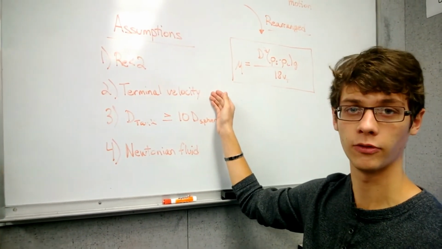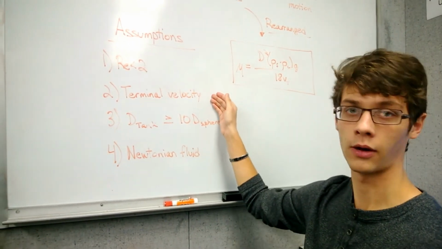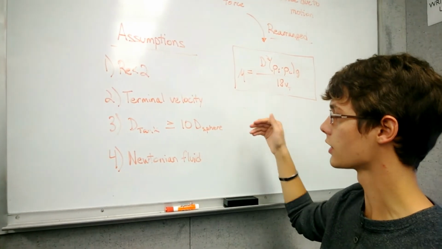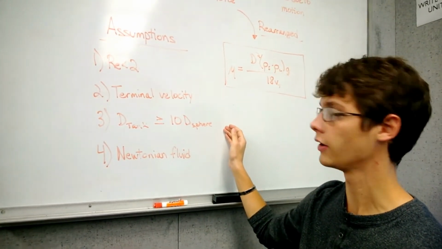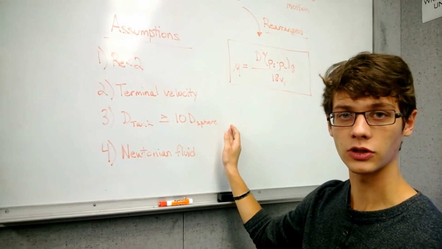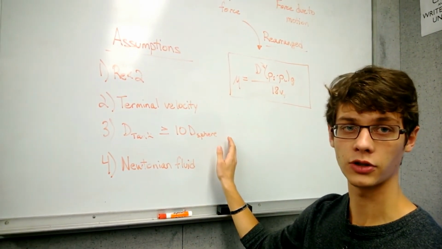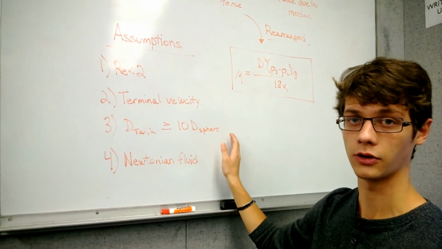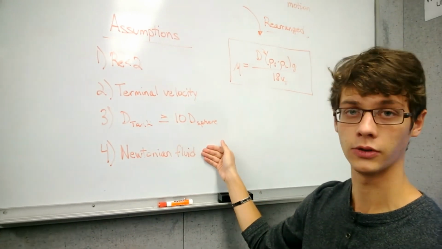This can be achieved by measuring a starting and stopping time farther down in the tube rather than just at the initial drop site. Our third assumption is that the diameter of the tank is at least 10 times greater than the diameter of the sphere. This ensures that there are no boundary conditions affecting the sphere as it falls. You will want to make sure you measure the diameter of the tank so you know what diameter spheres you can use during your experiment. And then our fourth assumption is that the fluid is a Newtonian fluid,